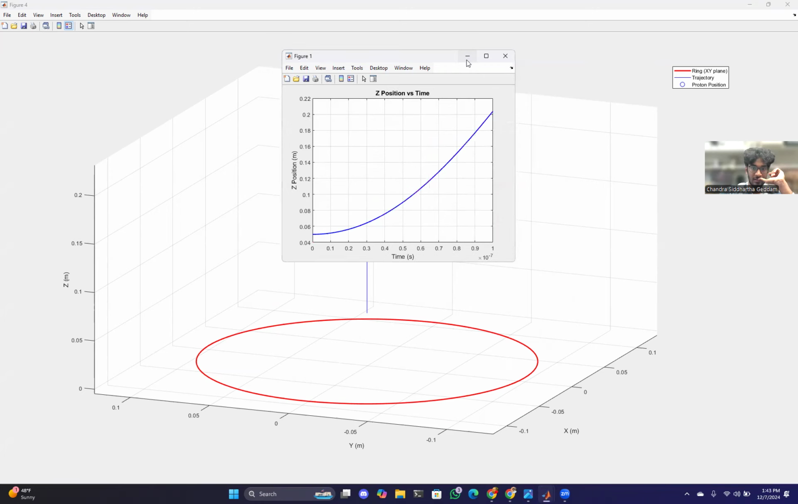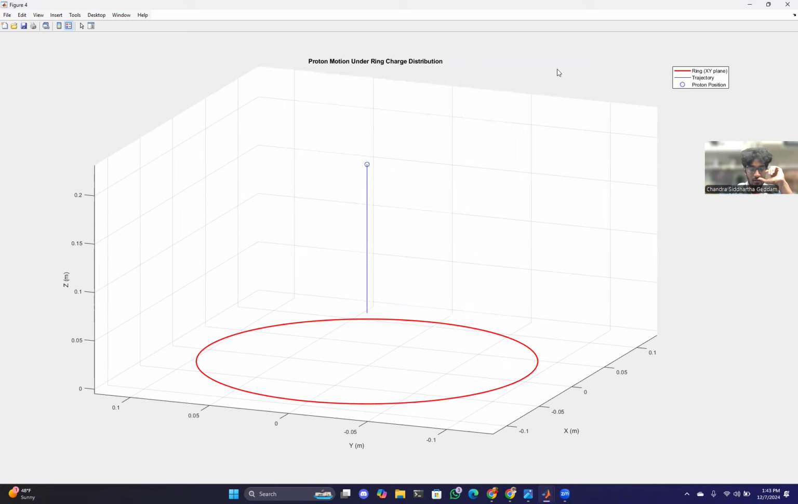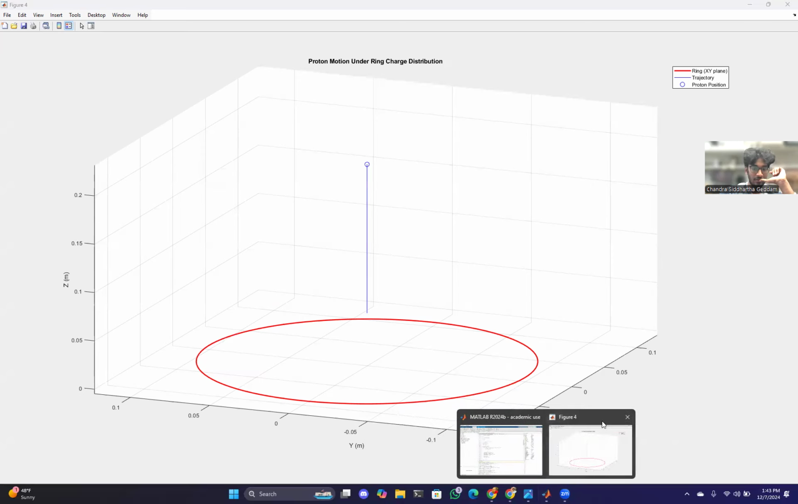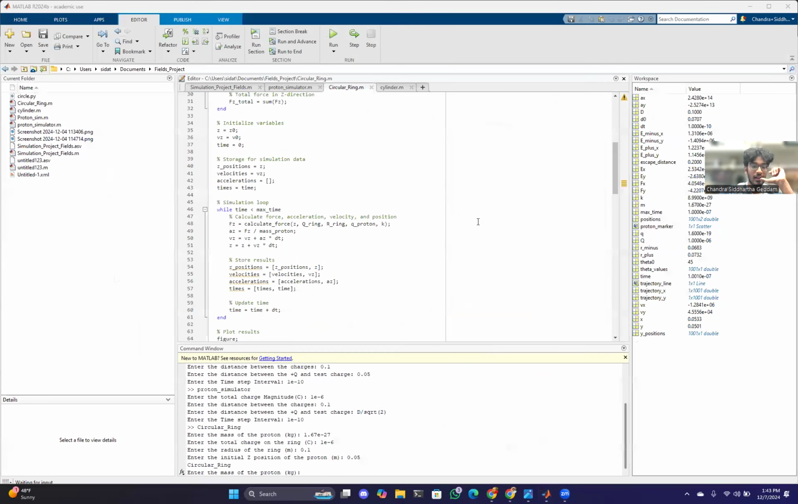So this is the second aspect of our project, and again you can find the code link to test it around. So let's actually go to the third part, which is placing the proton in the influence of a cylinder. I think I've got this code